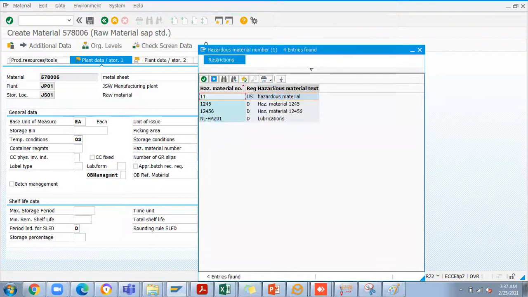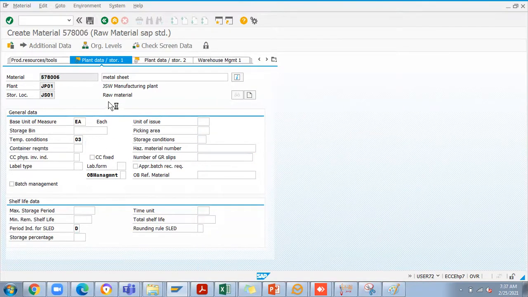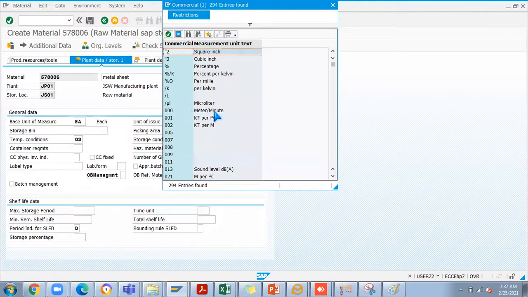For example, take hazardous material; there will be a different number for that hazardous material. You have to create this in the backend and it will be available in the drop down. This is functionality you can manage in the backend.